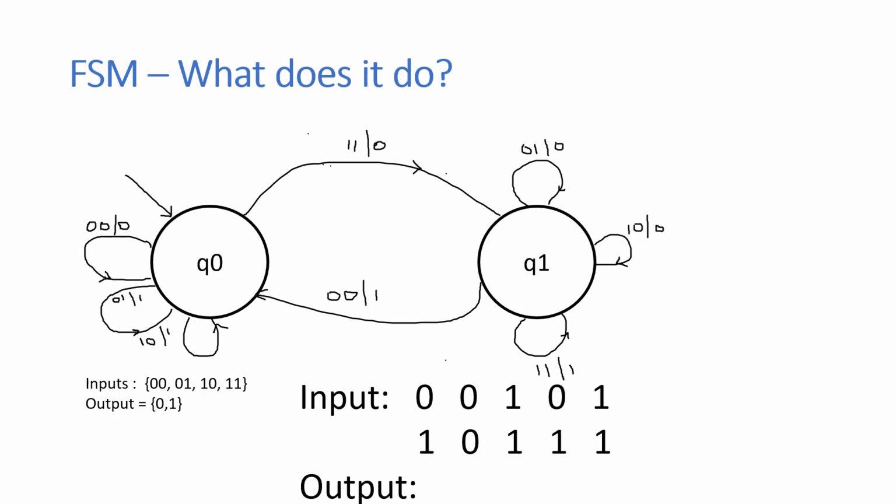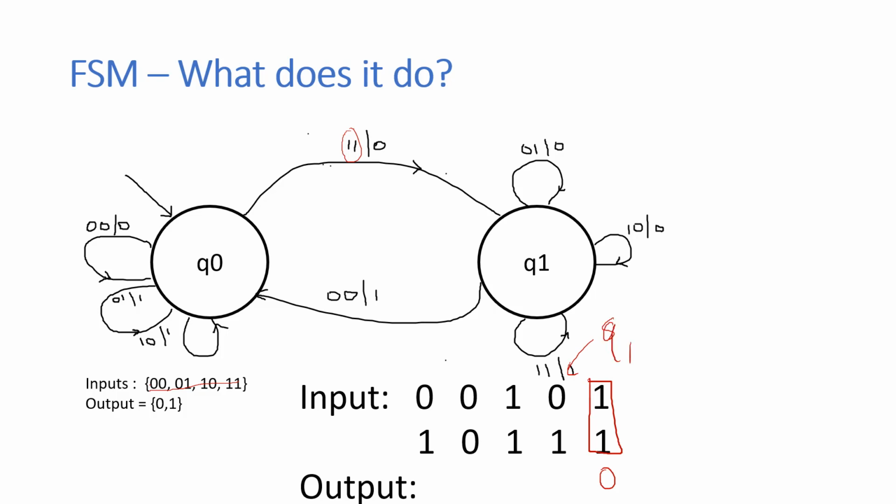So here's another one that we will take a look at, this one here. We have two states, Q0 and Q1. Let's try to see what this finite state machine does. If you send the input 1 and 1, a combination of inputs, notice that the input alphabet is a 2-bit input. So if you send 1 and 1, then you're going to output a 0 and go to state